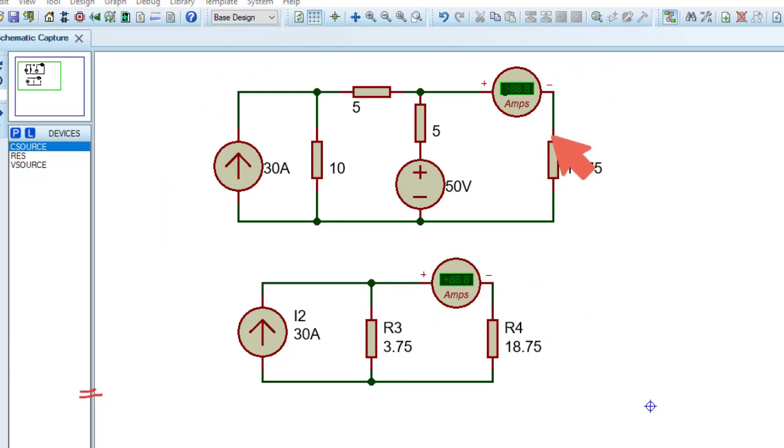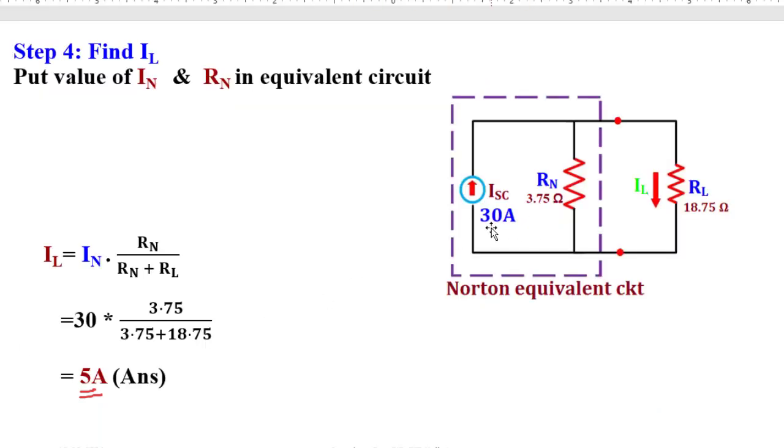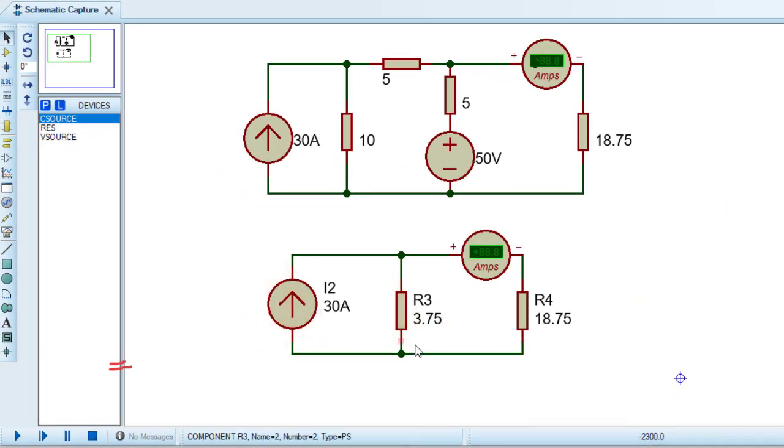To measure current through load, I have used one ammeter. And this is the equivalent circuit. See the equivalent circuit, 30 ampere, 3.75 ohm, 18.75 ohm. Now running this simulation, if the current flowing through this 18.75 ohm in the main circuit and the current flowing through this 18.75 ohm load resistance in this equivalent circuit are the same,